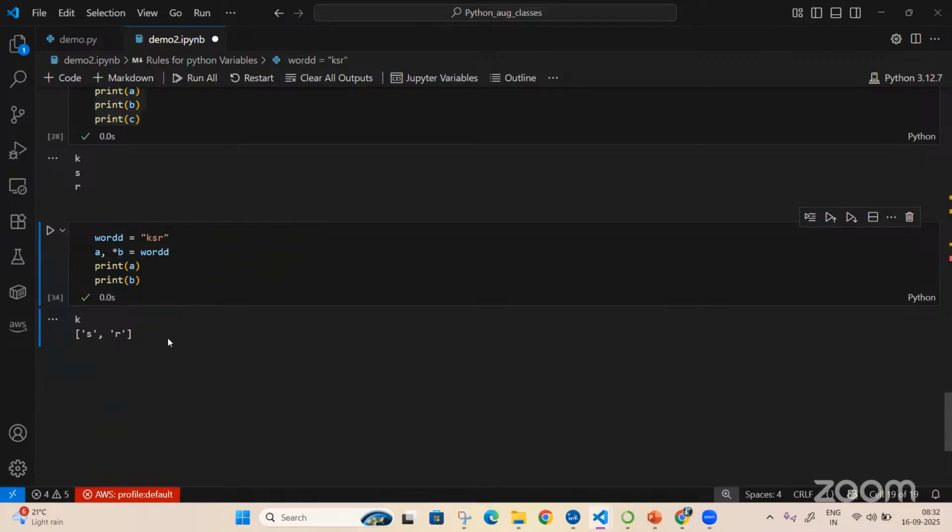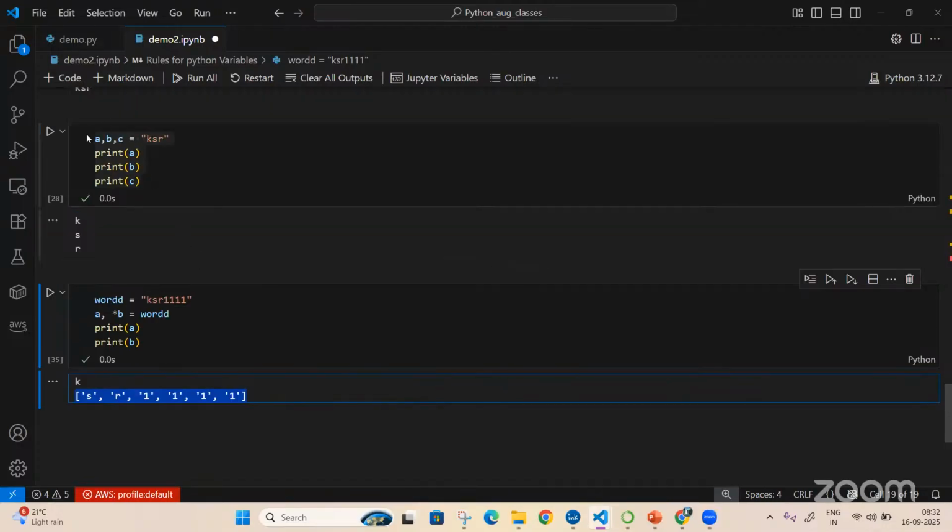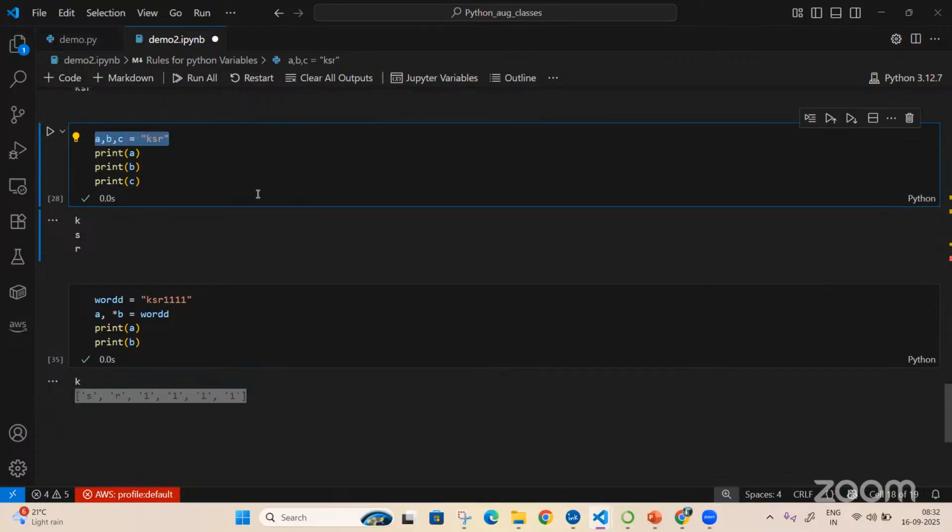Now, what is happening is, I said it is an iterable. What kind of data type is this? I'll come to that. It is taking the first word as it is. Afterwards, whatever words you give, it will assign to that B, and each individual word it will convert like this. This type of data type is called a list data type. What this data type is, we'll come and see. But one important thing is, this is a wrong way of doing a multi-line assignment for one word.